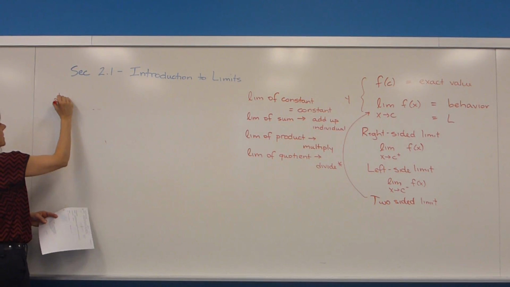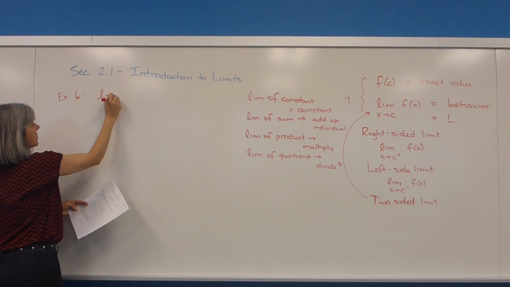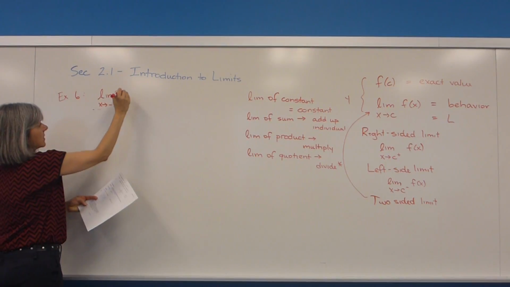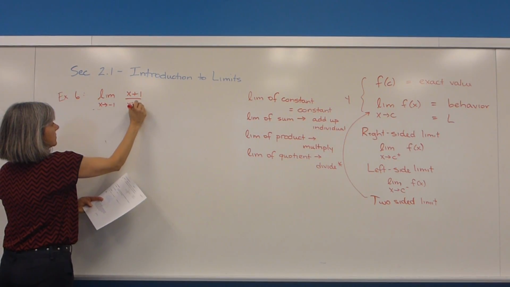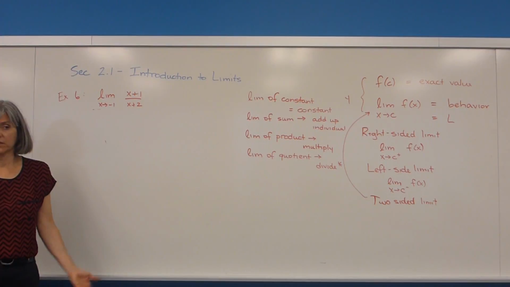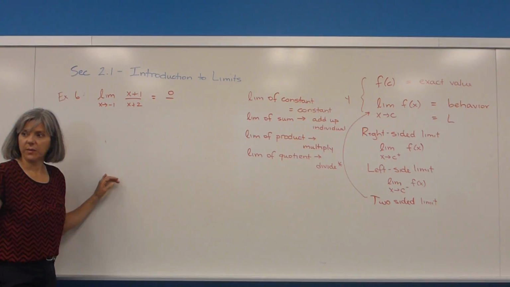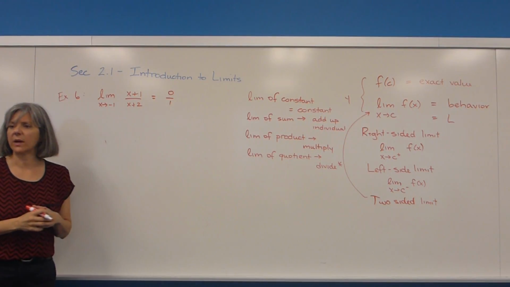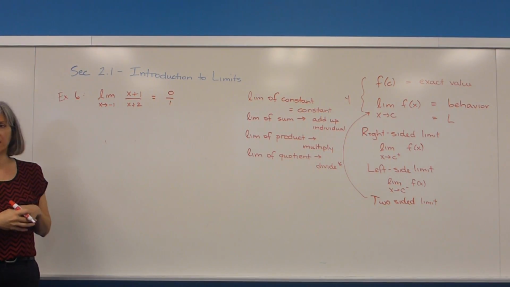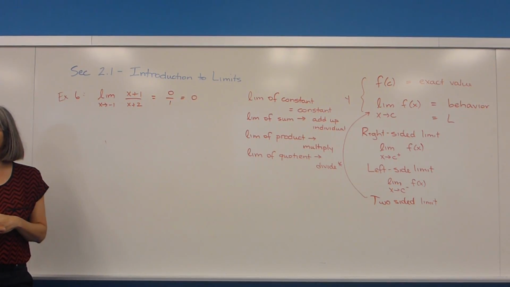So let's do this one. This is example 6 from the notes. So limit as x approaches -1, x plus 1 over x plus 2. I'm going to plug it in. See if anything good comes from it. So if I put in -1 in the top, I get 0. -1 in the bottom, I get 1. 0 divided by 1. I know that sounds like a silly question, but it's not. 0 divided by 1 is? It's 0. 0 divided by anything is 0, except